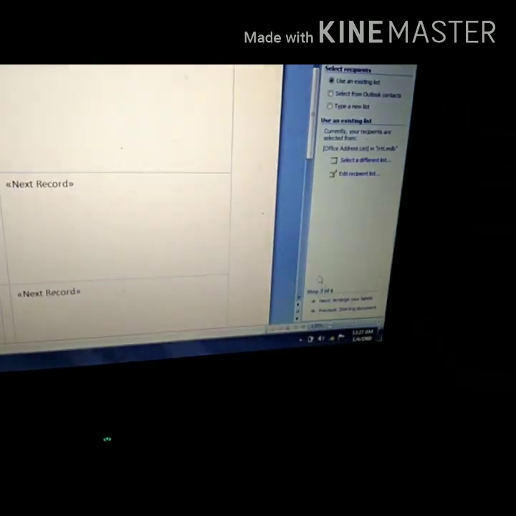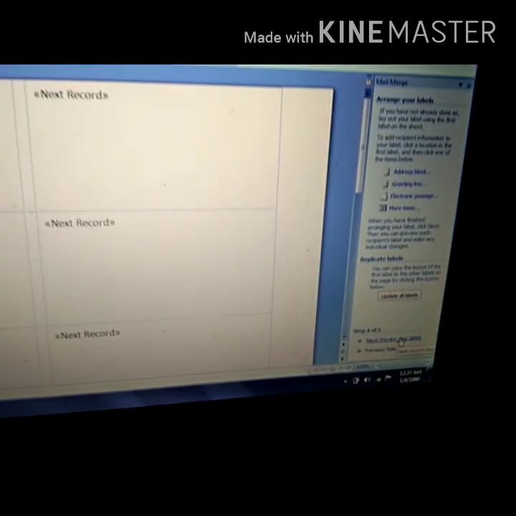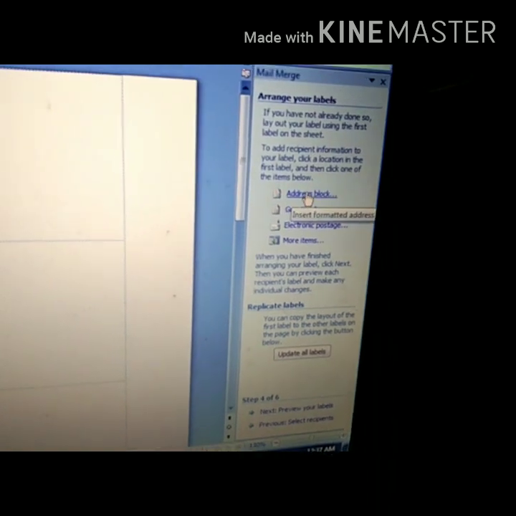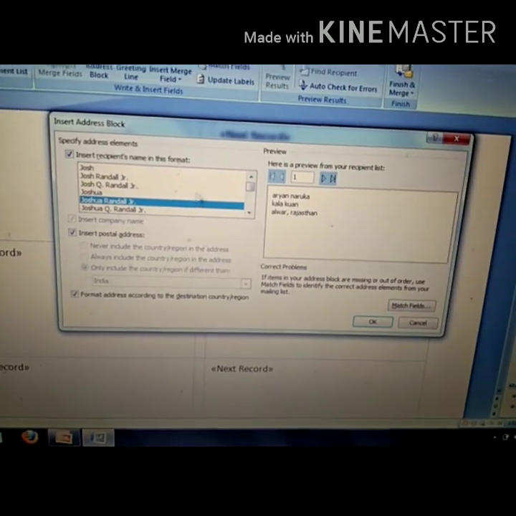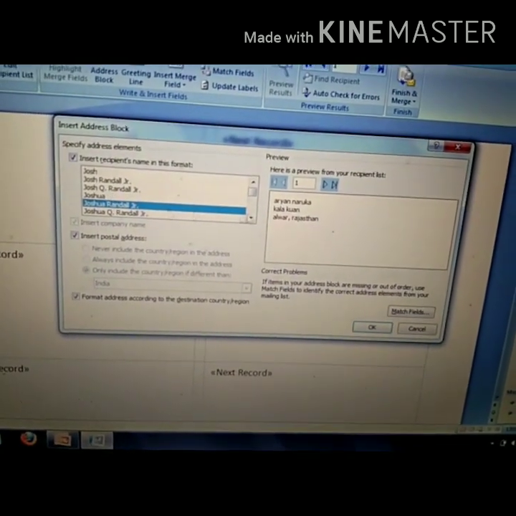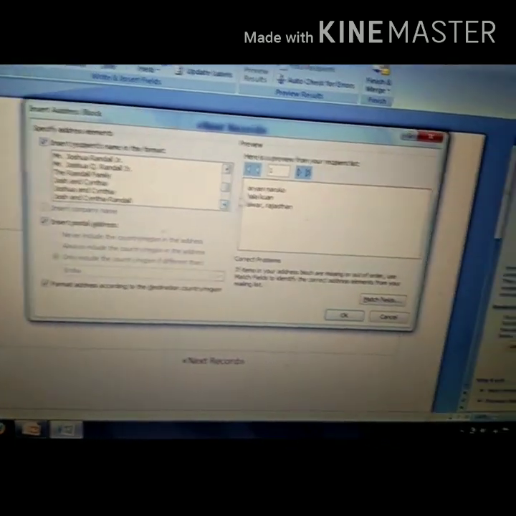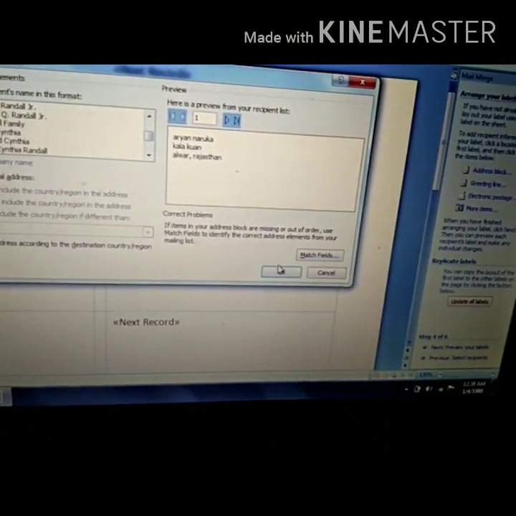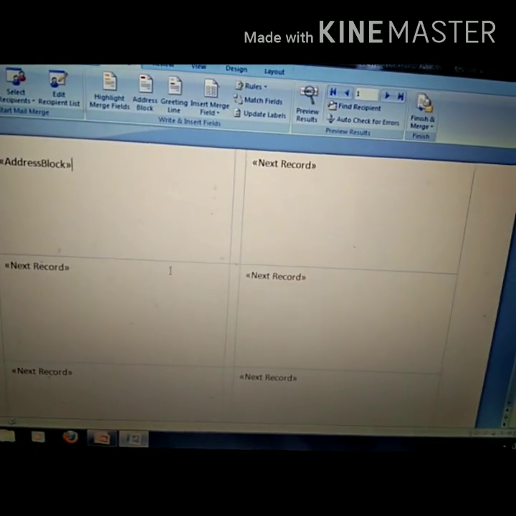Now next is arrange your labels. I am clicking here. When I am clicking here, few contents are there. Address block चाहिए, greeting line सबको देना है, कुछ ऐसा है. I am selecting here address block. When I am selecting this address block, one window will appear like this. ठीक है. Do you want to place any address line? From here you can select Mr. हुआ या कुछ भी if you want to place there. ठीक है. Now click OK. If after selection you click OK, it means we are doing this in the first block only, in the first label only.